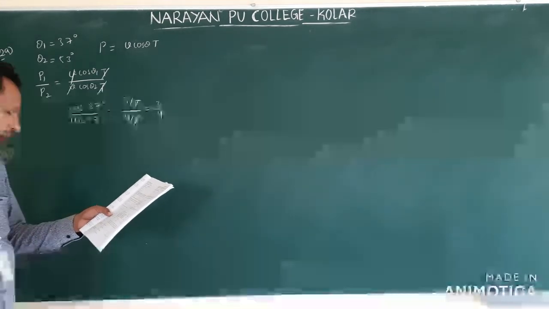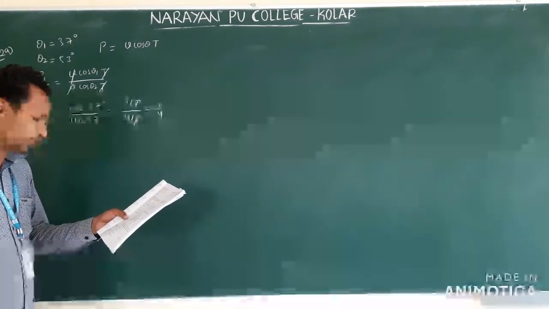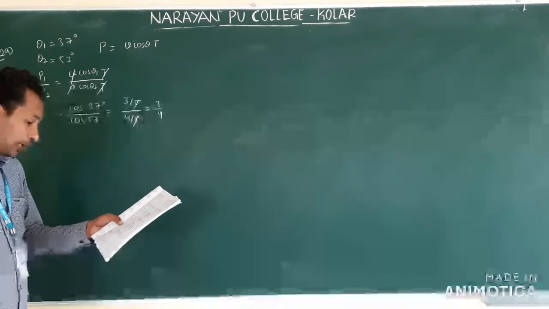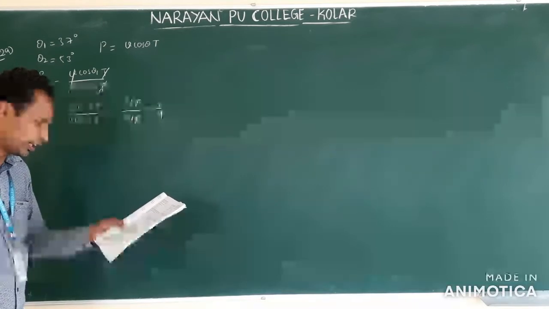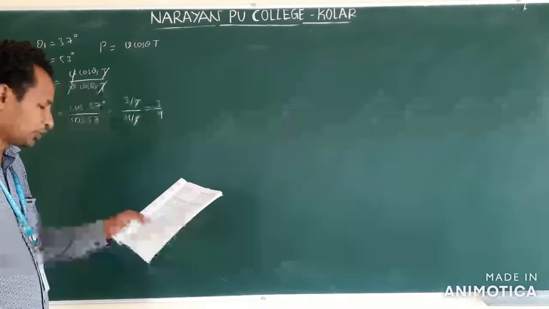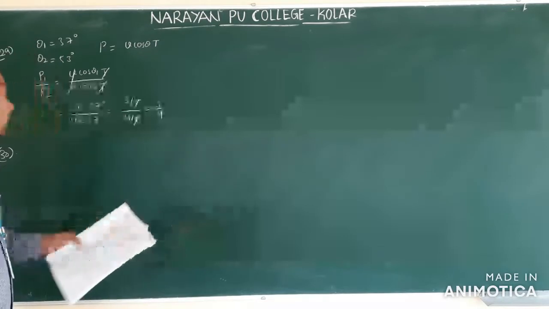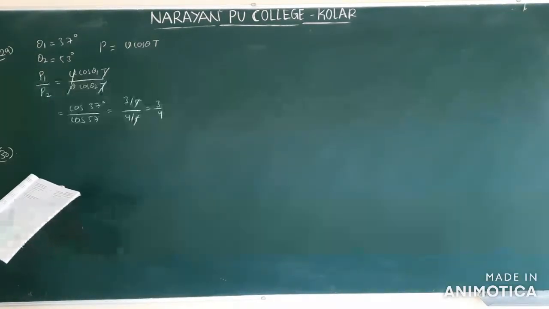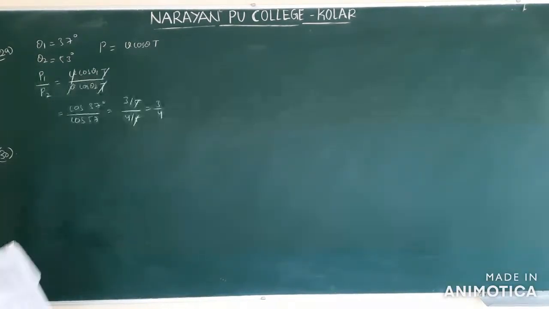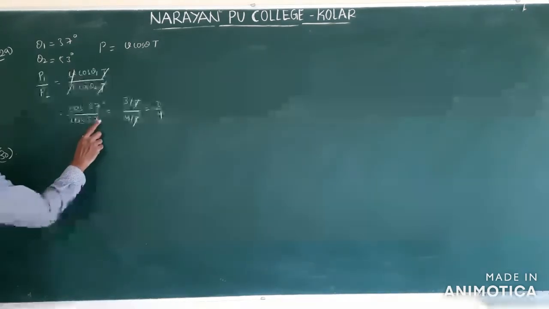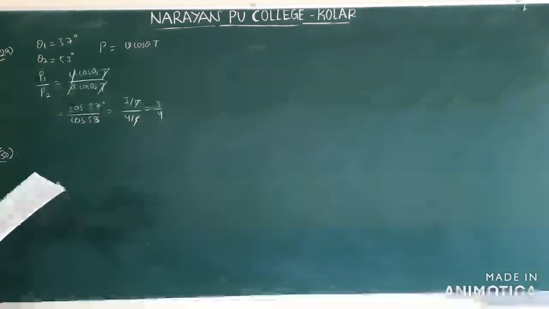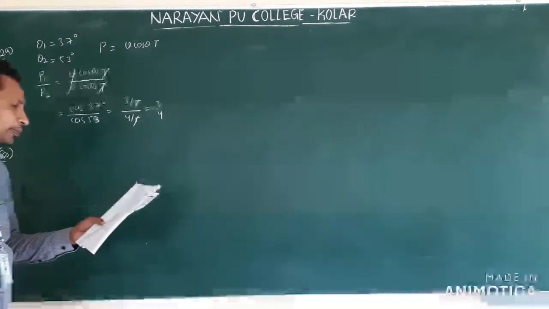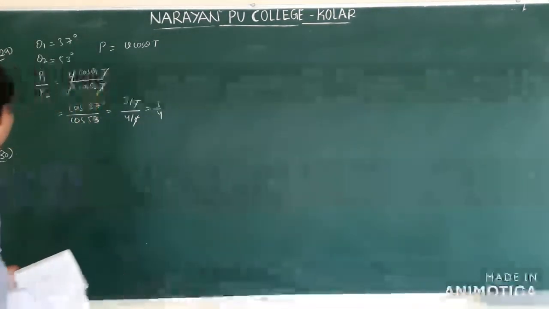So which of the following is possible? E equal to 0, B equal to 0: not possible. E equal to 0, B not equal to 0: possible. E not equal to 0, B equal to 0: not possible. E not equal to 0, B not equal to 0: not possible. So option 2 is correct. In 29, it is not 50, it is 53. In 30, option 2 is correct, because when the magnetic field is not equal to 0, it follows a circular path. Now come to 31.